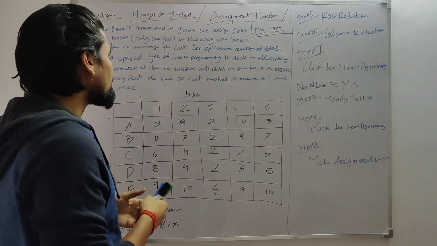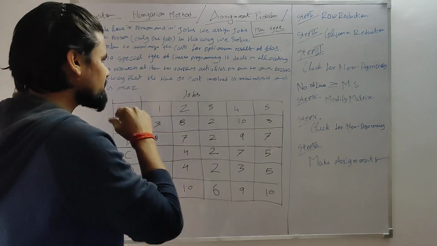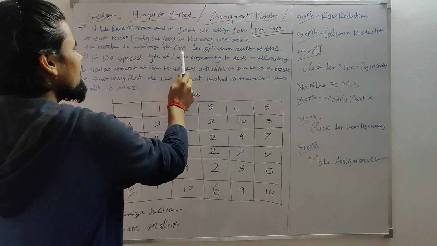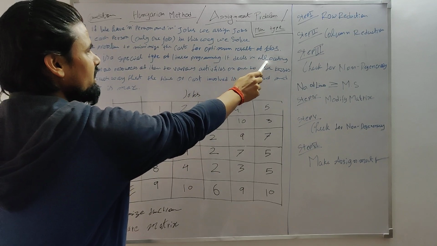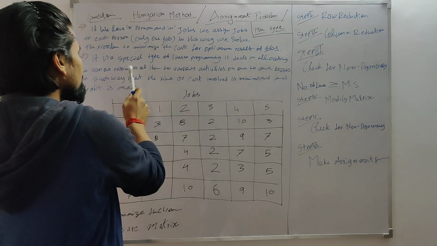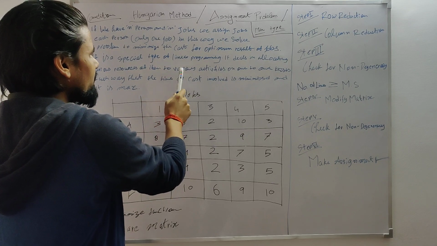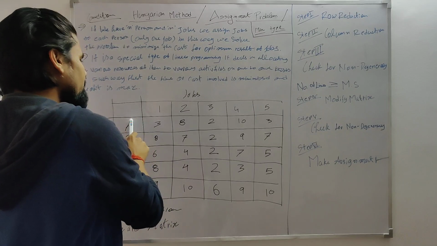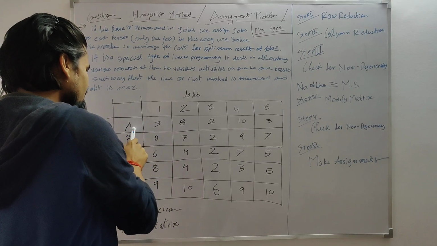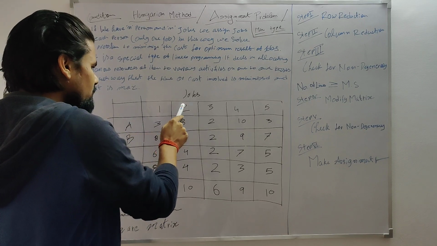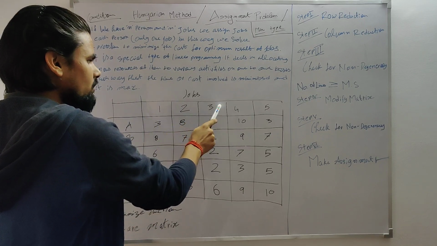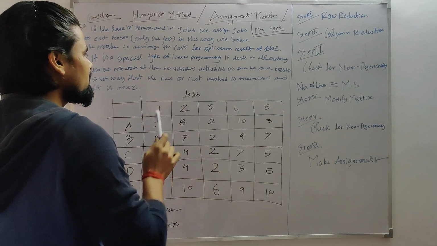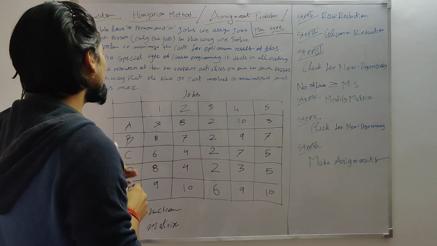to solve this whole problem. Okay, so what is linear programming? First we have to know the basics of this. It is a special type of linear programming. It deals with allocating the various resources or items to various activities on a one-to-one basis. Means, suppose this A is the employee, so employee A will do one activity, either 1, 2, 3, or 4. These are the activities or jobs. Okay, so this is the whole criteria for this.